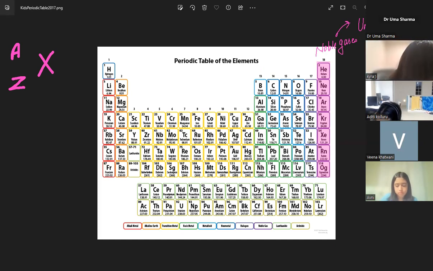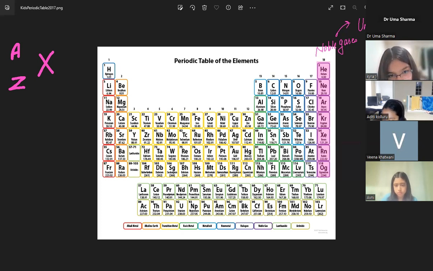Stable means they are lying there, not doing anything. So it means they are stable. Aditi, you are understanding this? Unreactive are stable. So these are the stable gases. These are the only stable elements in the periodic table. We do have some more, but these are the most stable elements. Can I write most here? Most